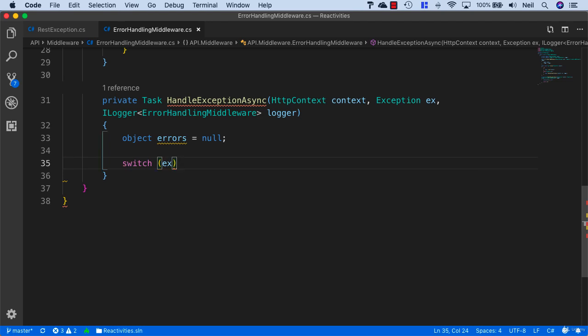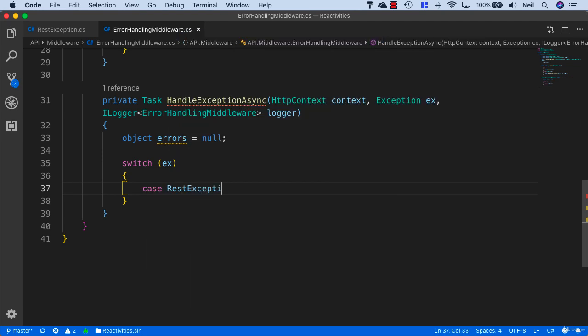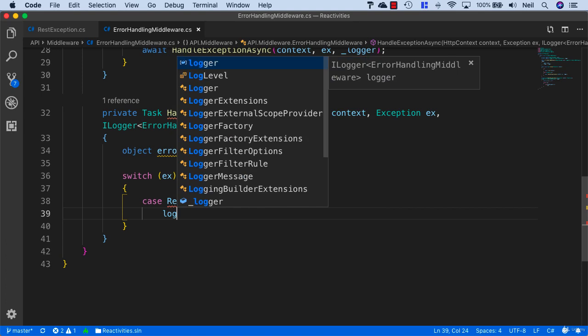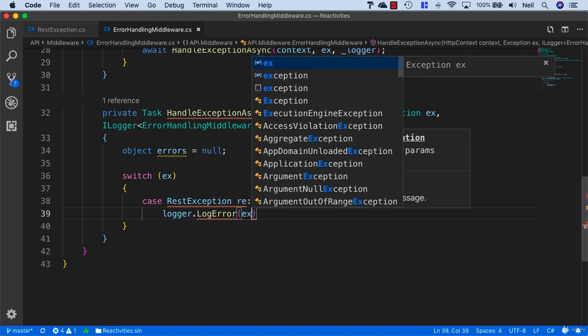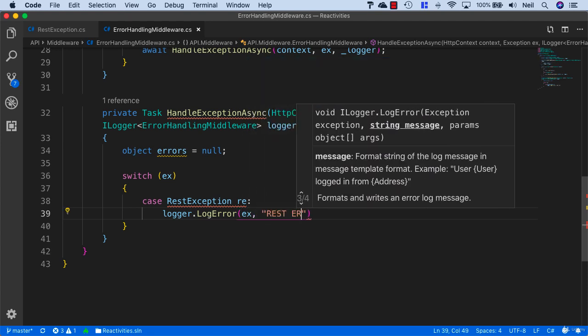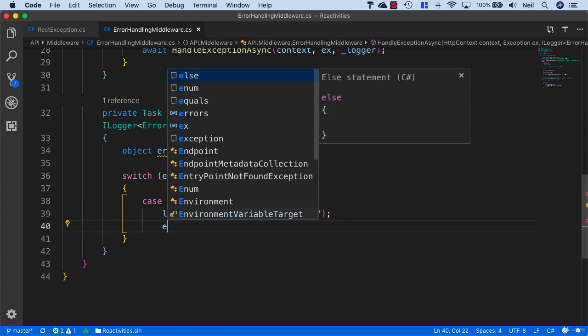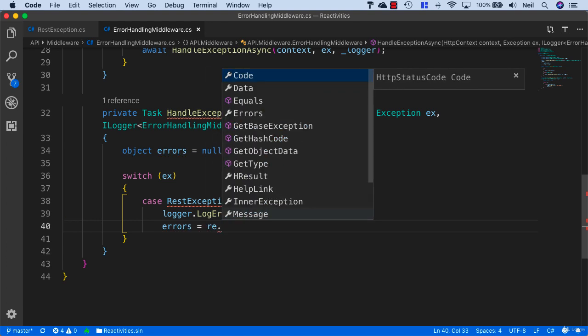So what we'll do is we'll use a switch, and we'll base it on the exception we're passing in. And then in the case of it's a REST exception, we'll call this RE, and we'll also need to bring in our application errors, and then we'll use the logger and say logger.LogError, and we'll pass in the exception, and then we'll just put REST error in capitals so it's easily identifiable, and then we'll use our errors object and say errors equals re.errors,